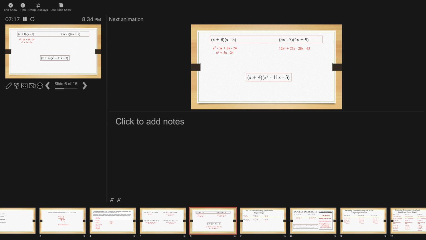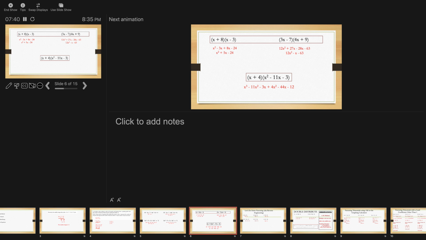Similarly, on the second one, distributing the 3x to both of the terms in the parenthesis on the right. That's 12x squared plus 27x. Then distribute the -7, you get -28x minus 63. Combining the middle, I get a -x. Okay? Now, it's not quite as